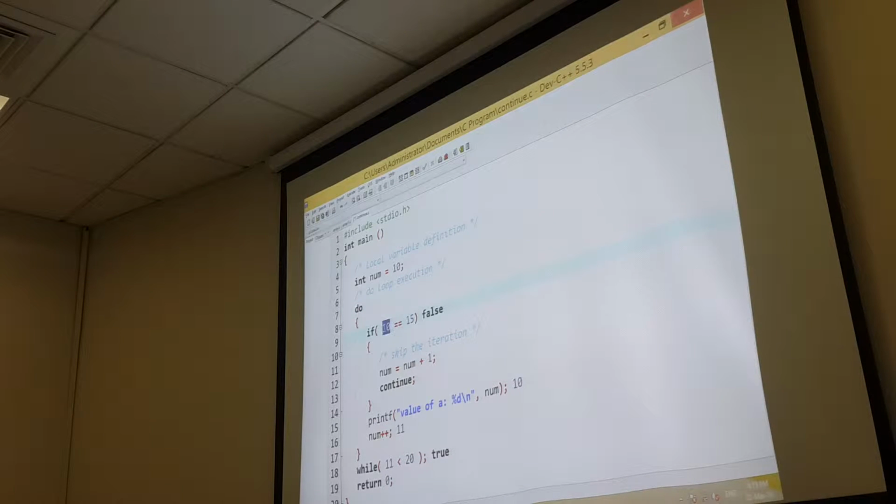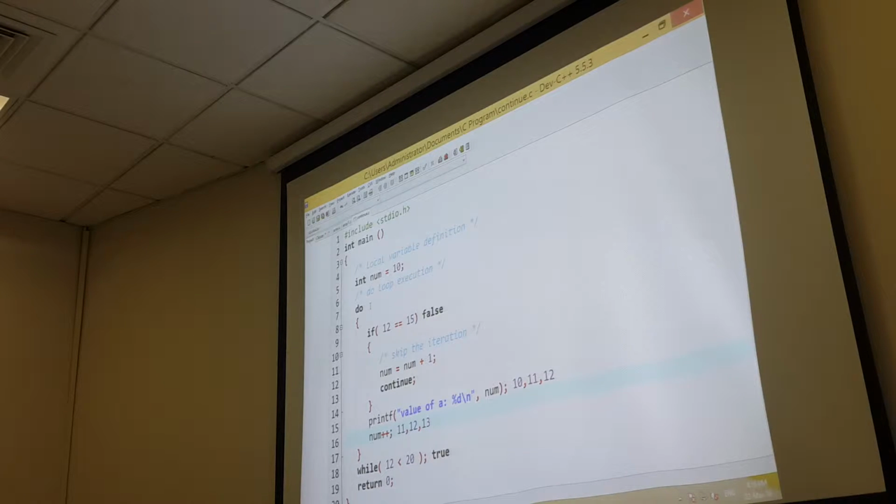So here it becomes 11. Condition still false. It will not enter into this block and it will directly print the second time 11. And when it comes here, it becomes 12, and here 12 less than 20 again true. Again go to do. It is 12, again false, and it will print 12 and it becomes 13.